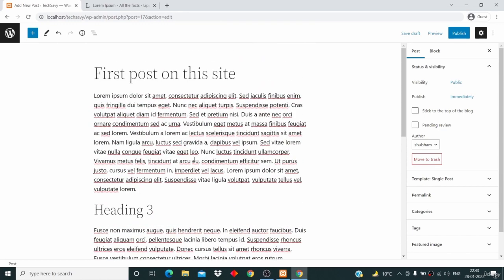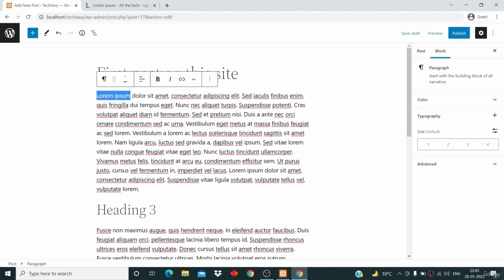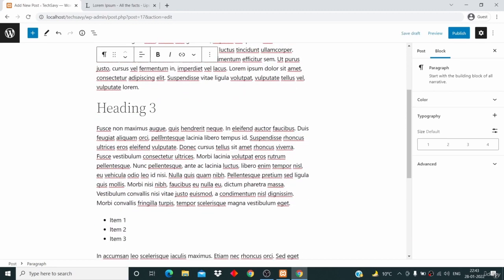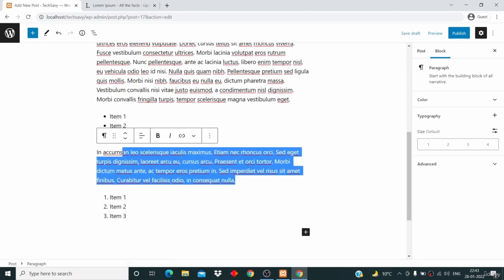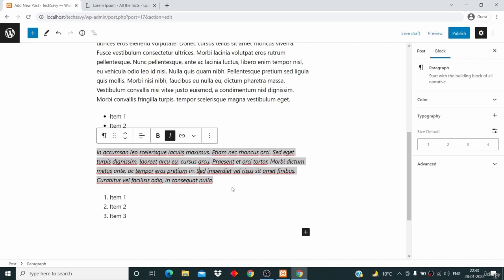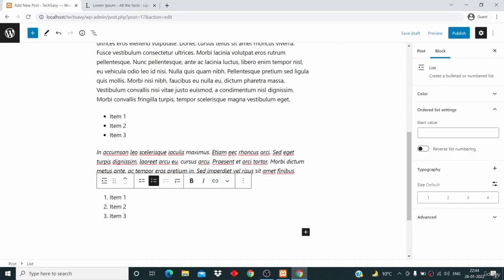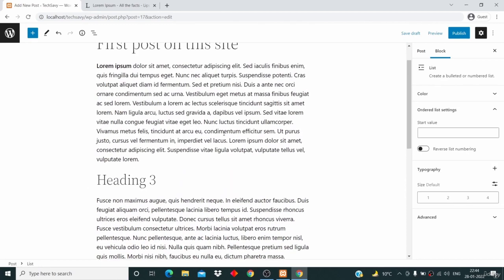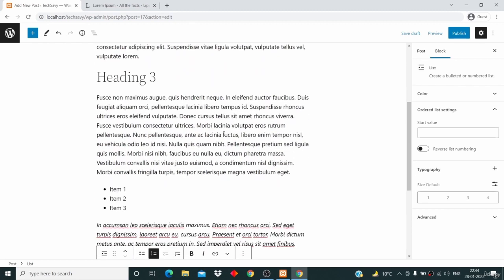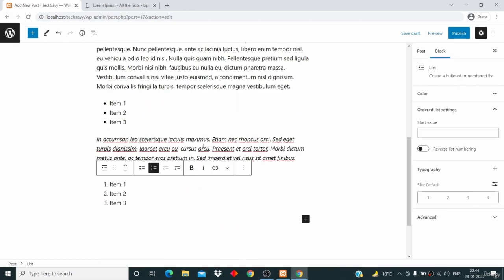Now suppose that you want to make some text bold. How can you do that? Well, to do that you can select your text and then you can click on this bold icon. If you want to make some text italic, you can also do that. So I will select this much and then I will click on this italic button here. So click on italic and your text will become italic. Okay, so we have learned how to make our text italic, we have learned how to make our text bold,